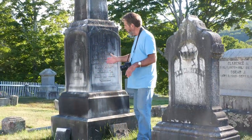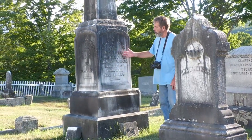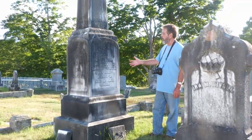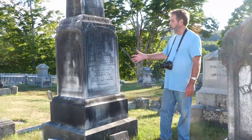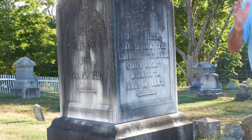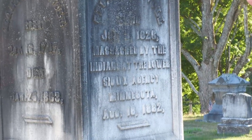In fact, the most interesting one is George here, who was killed in 1826, massacred by the Indians at the Lower Sioux Agency in Minnesota in 1882. So there's a lot of interesting monuments like that in this cemetery. And I thought that it would be a great idea if we could find out if people that have family here, that, for generations, like the Duval family, for 6 generations, would be interested in possibly funding the restoration of